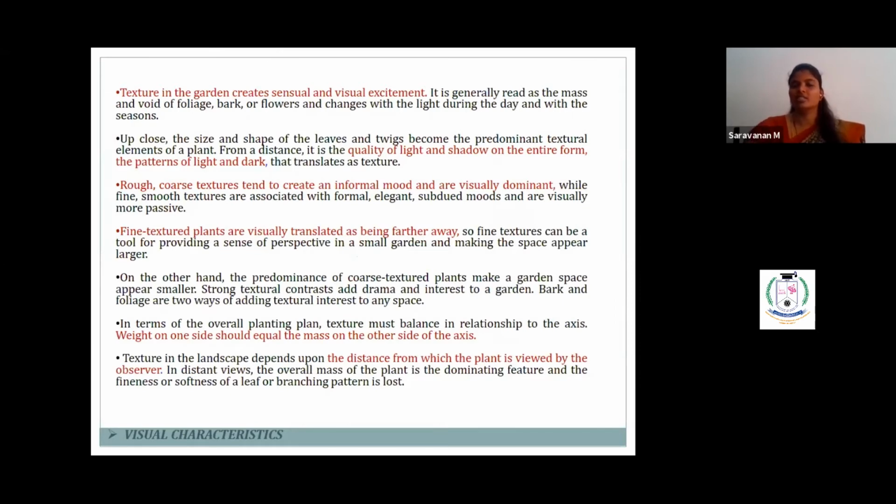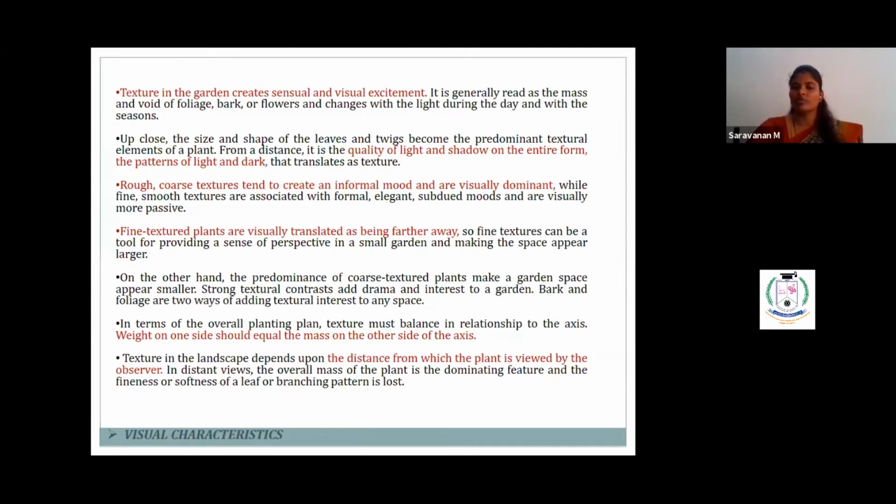So on, each kind of texture gives us a different feel. That is what each point is describing here. It changes our visual excitement or visual sense. Visually, some might be dominant. Visually, some might be pleasing.